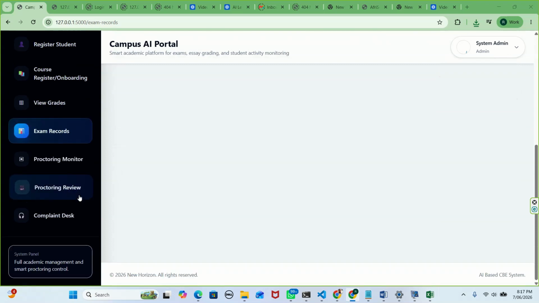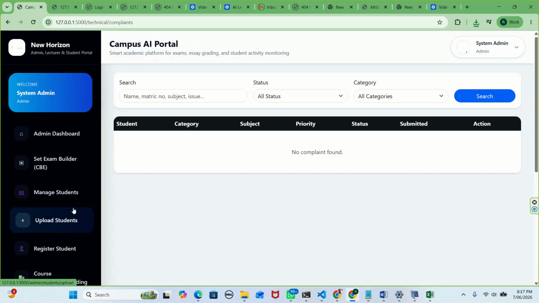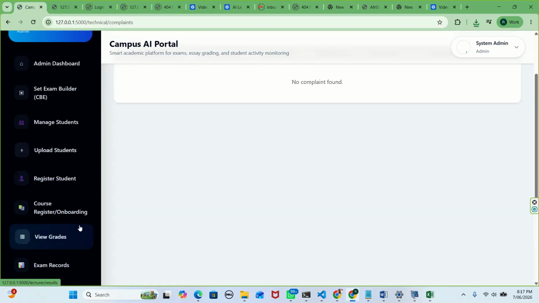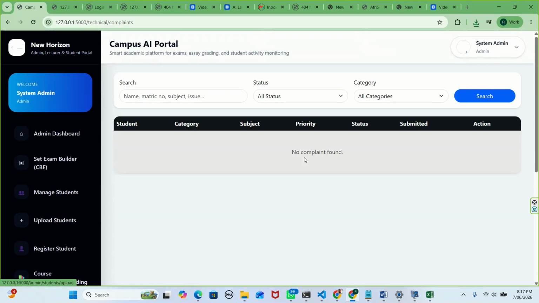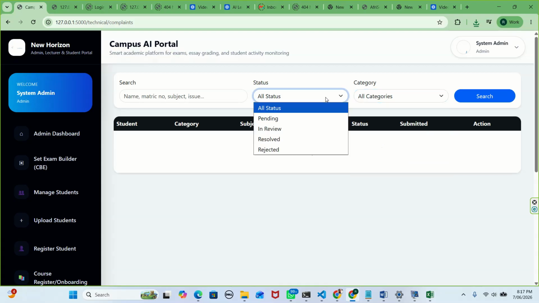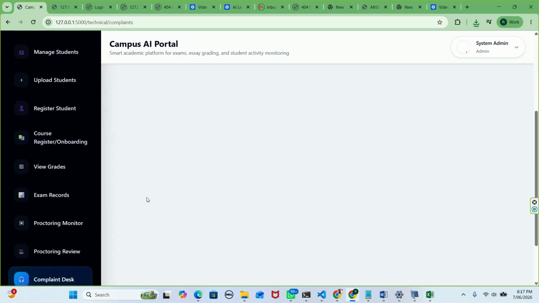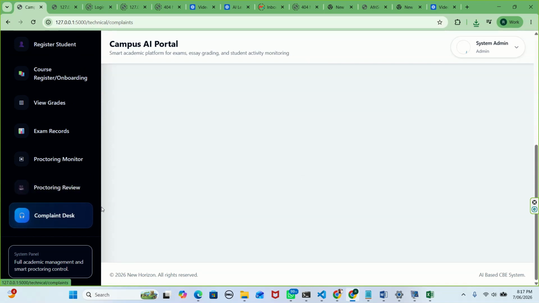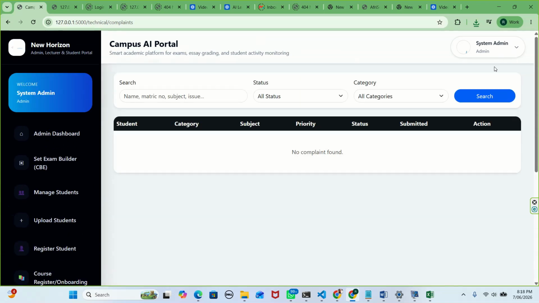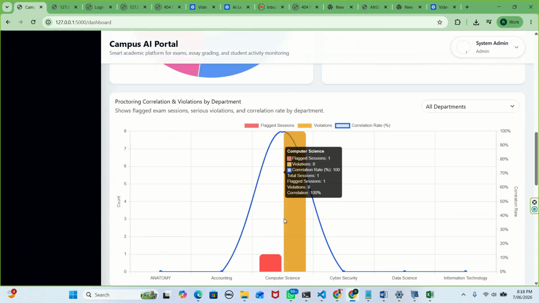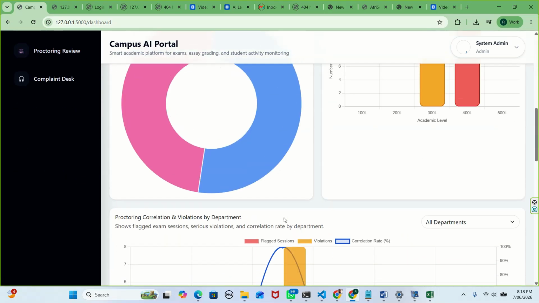Now the other one is the technical response. If the student has any challenge or difficulty, technical support can respond during the exam. That means there will be a response to the student before they can be attended to. Even if a student makes any attempt to report an issue or challenge facing the exam, you can receive it here and it can be attended to. So that is what this one is meant for. This is what we have now concerning the proctoring, concerning the